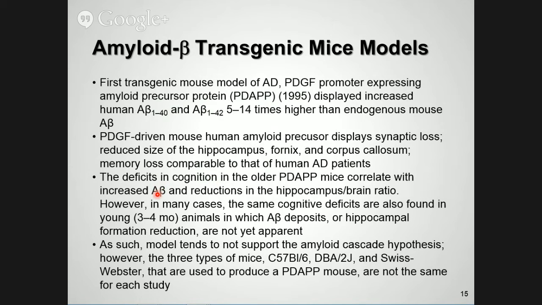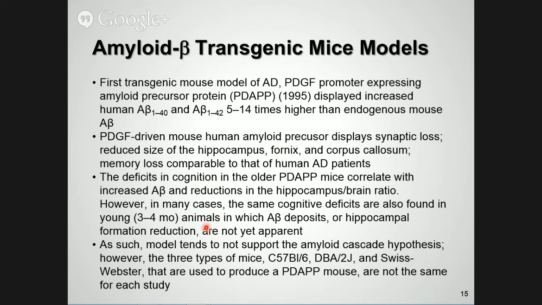One of the biggest issues is the deficits that you see in memory, cognition, etc. in these mice, and it definitely is shown in older mice, correlate with increasing levels of amyloid beta, exactly as you'd expect. The more amyloid beta you have, the more cognitive deficits that you would expect, especially within the hippocampus. However, the same cognitive deficits were also found in younger animals, which had nothing to do with the amyloid burden